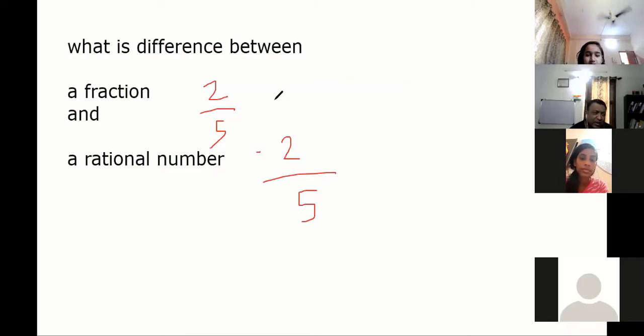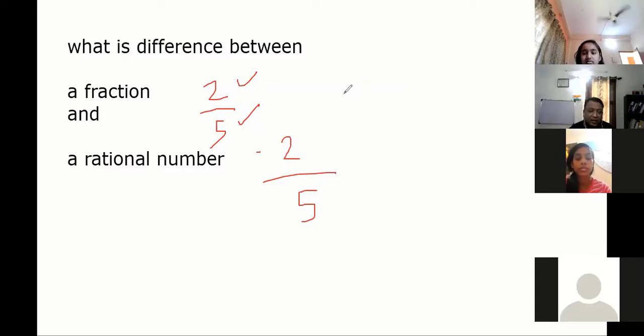The point is, in a fraction, necessarily both the numerator and denominator have to be whole numbers, or you can say positive. It can be 0 also, but both numerator and denominator have to be whole numbers only, no negatives. In fact, a fraction cannot be negative. Somebody was asking yesterday, I think Asta or Soumya, I forgot. So both numerator and denominator have to be positive.